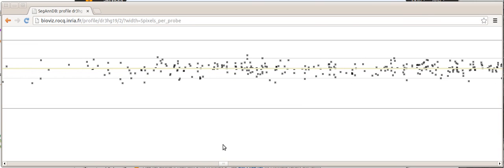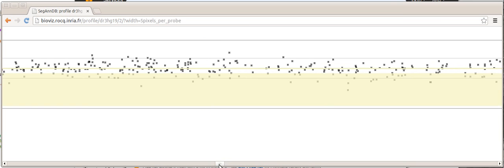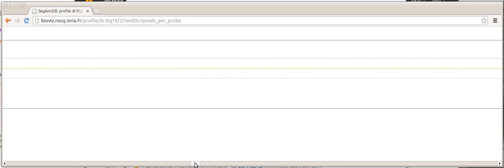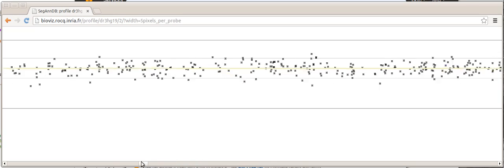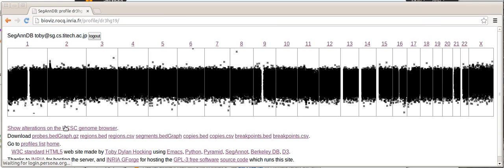And here we can see that the segmentation did not pick up on this by default, but by adding a couple of 1 breakpoints annotations we will be able to clearly annotate this. And so I'm going to call this a deletion. And so we can zoom back out to the profile,